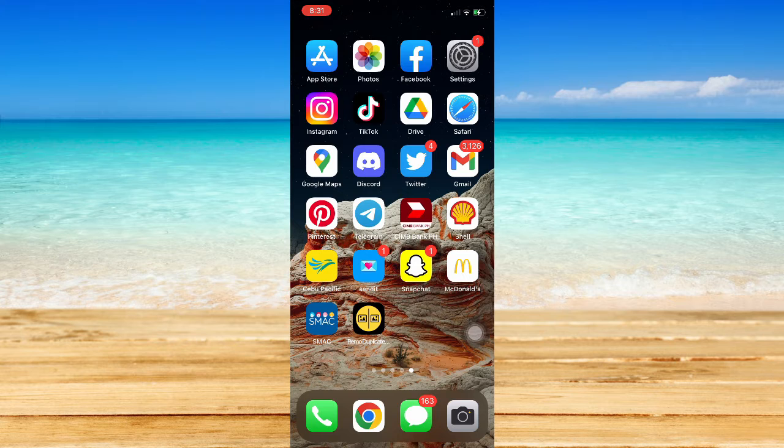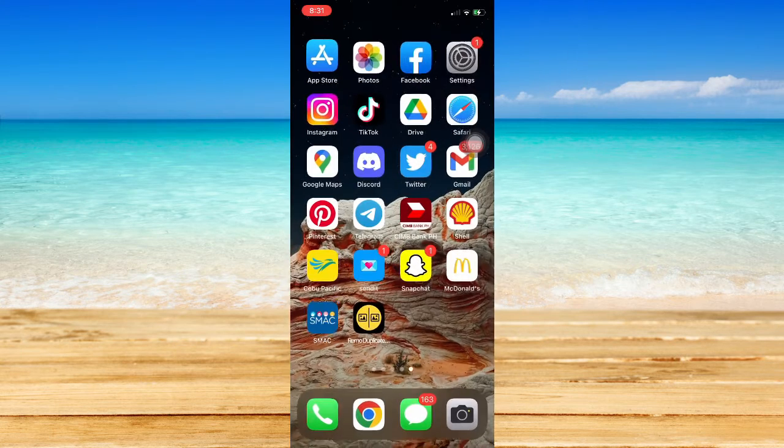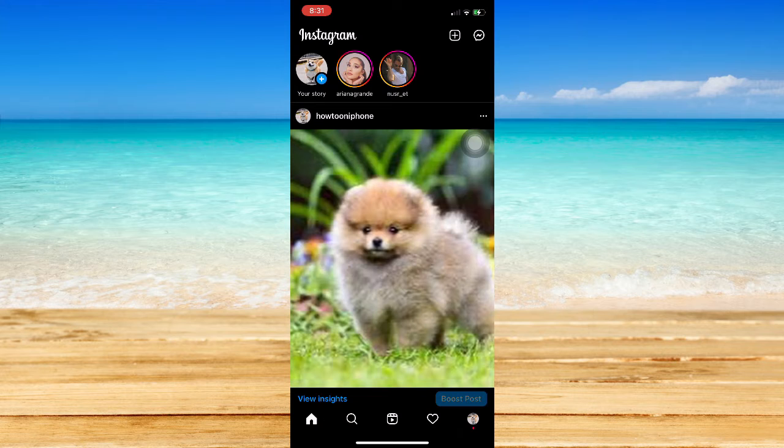The very first step is to make sure that your Instagram app is up to date. If not, please go to your App Store or your Google Play Store and update your Instagram app. Once you have updated your Instagram app, you may now open it and then you may swipe right